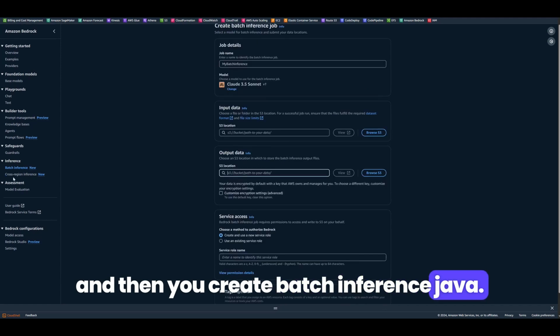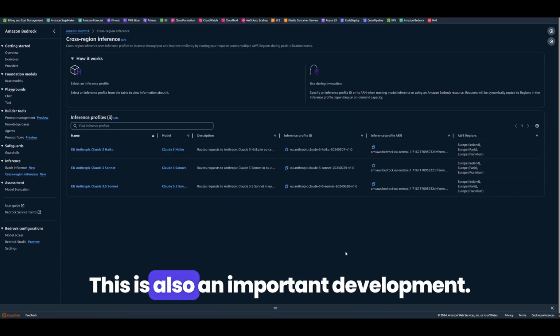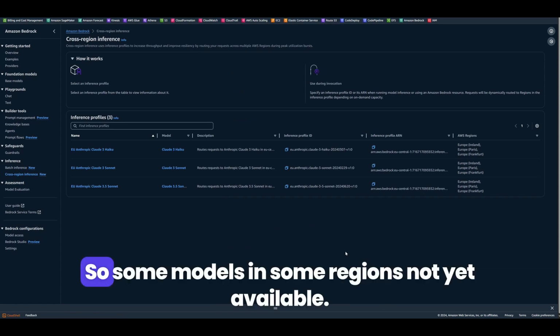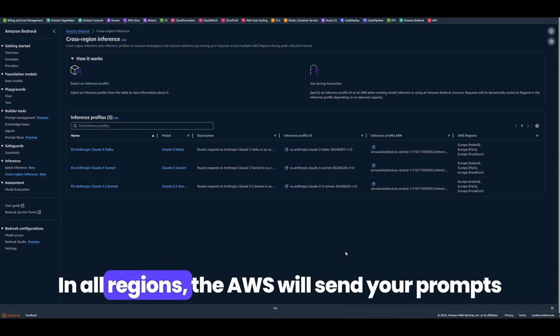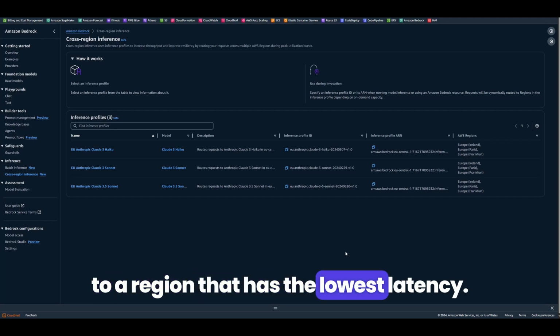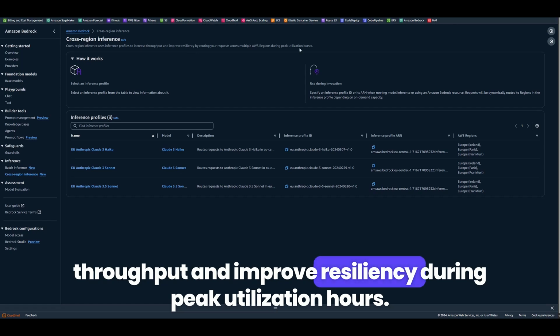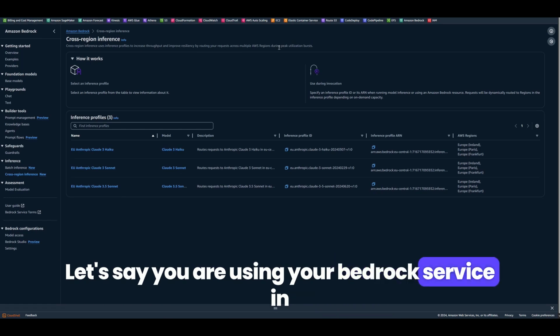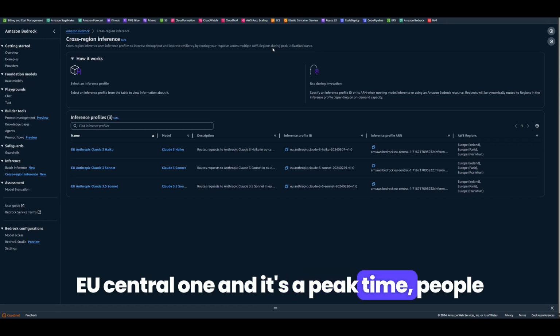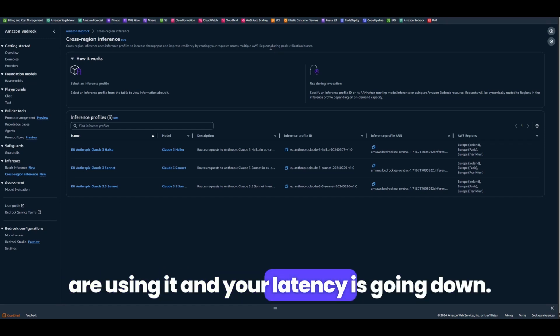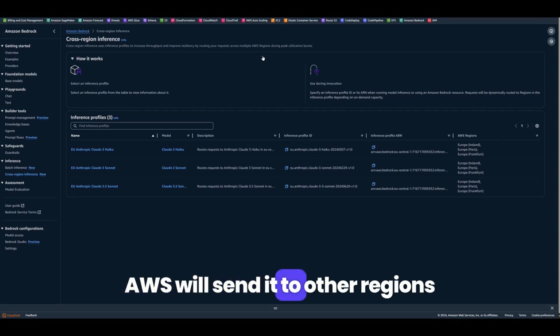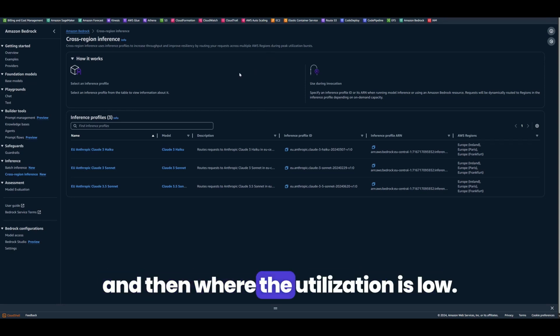And then you create the batch inference job. Lastly, cross-region inference. This is also an important development. Some models are not yet available in all regions, so AWS will send your prompts to a region that has the lowest latency. It uses cross-region inference to increase throughput and improve resiliency during peak utilization hours. Let's say your Bedrock service is in EU Central 1 and it's peak time, people are using it, and your latency is going down. AWS will send it to other regions where the utilization is low,